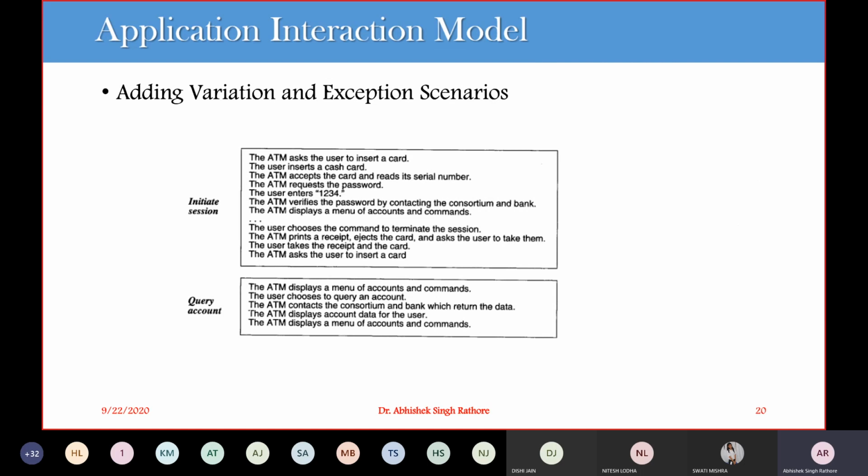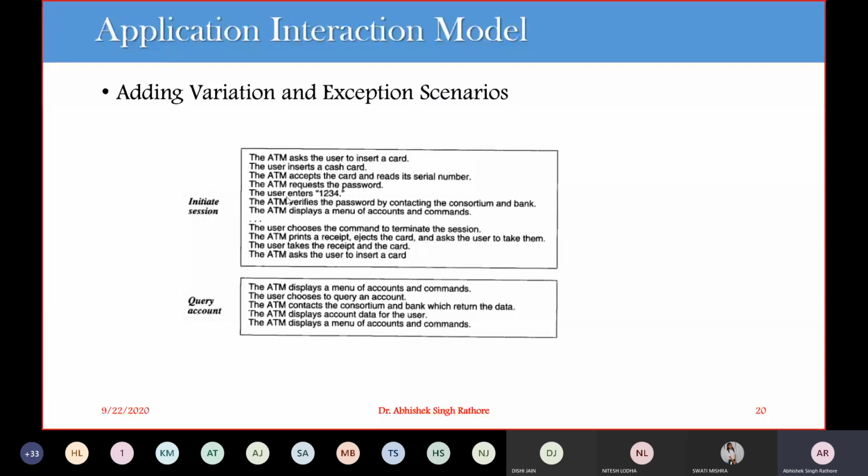Then the next thing is that we have to add the variation and exception. This is just a simple example for your ATM. Let's say your ATM asks the user to insert a card, and the user inserts his card, then the ATM accepts the card and reads its serial number. This is my basic flow of initiating a session.